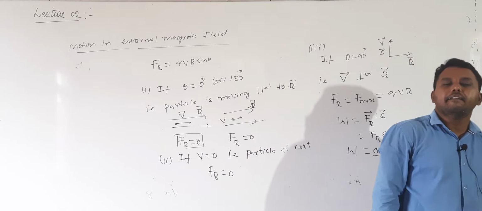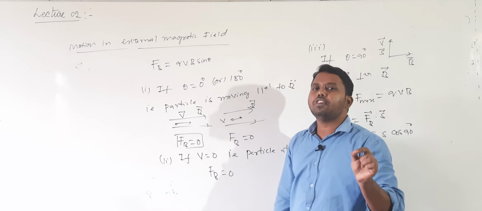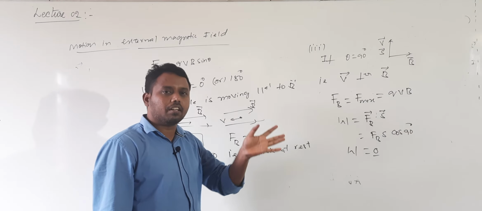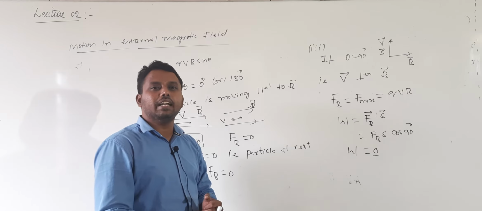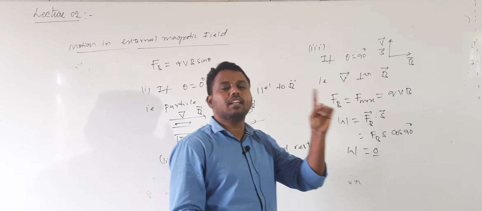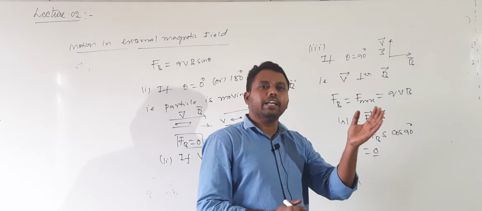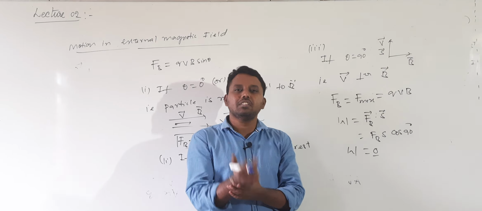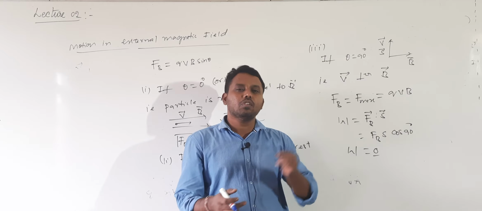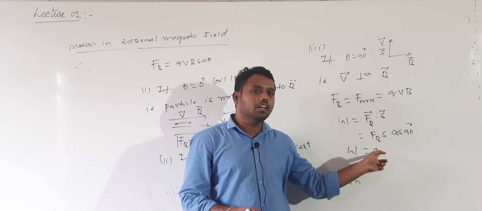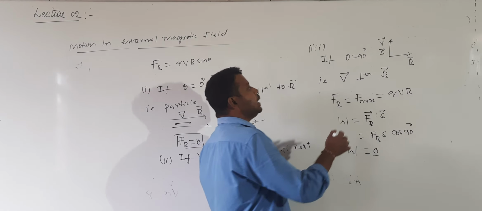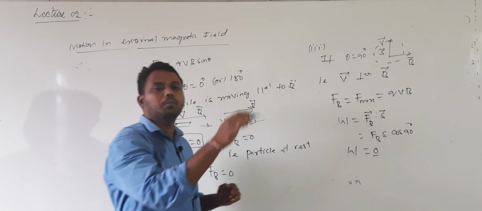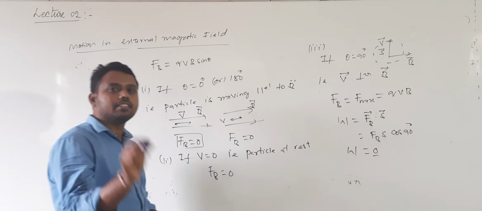What does it mean? Whenever a particle enters the uniform magnetic field perpendicularly, the magnetic force will not do any work. You know that, you studied it in the first chapter, in first year. For a particle to accelerate, the work done should be positive. For a particle to decelerate, the work done will be negative. So velocity will remain constant, or acceleration is 0, whenever the force is applied perpendicularly and the work done is 0. So when work done is 0, what happens to the particle path? The particle will take a circular path. It will move in a circular path with constant speed.